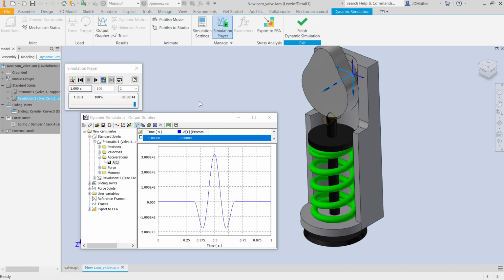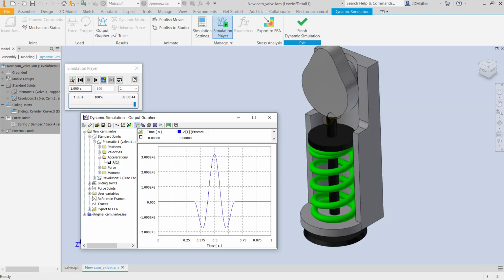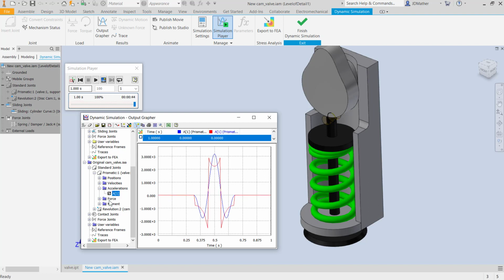I want to import the original curve to superimpose that over this one. So I'll go to open, I'll get the original cam valve data, and then I'll have a folder down here now with the original cam data. I'll drill down in that folder, I'll find the acceleration curve for the prismatic, and I see it superimposed. So in this case red, your curves might be a different color, was my original cam, and blue is my new cam. And notice the sharp transition points on the original cam versus the smoother transition points on the new